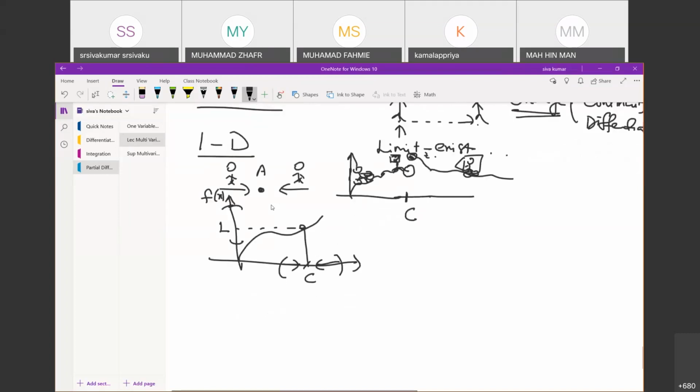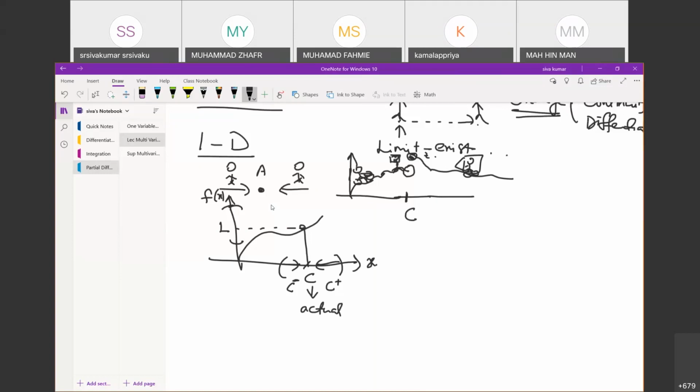Cauchy-Weierstrass definition. I don't want to go into too much detail about the theory, but for your simple understanding, we call it C negative. Why C negative? This is C positive, but this is the actual one. C negative means approaching C from small numbers, and C positive means from big numbers. Remember this: big, small. This is C, actual.